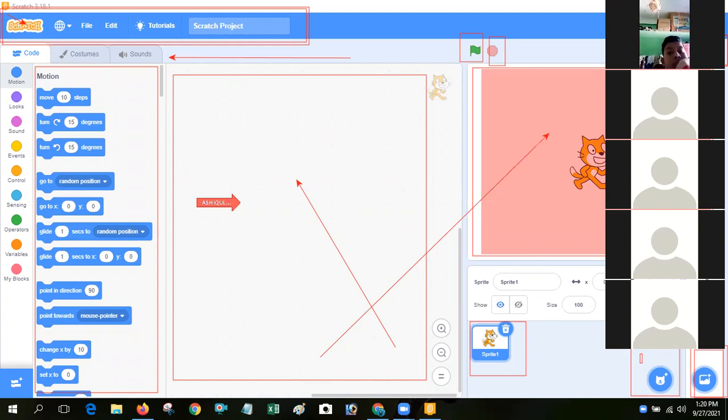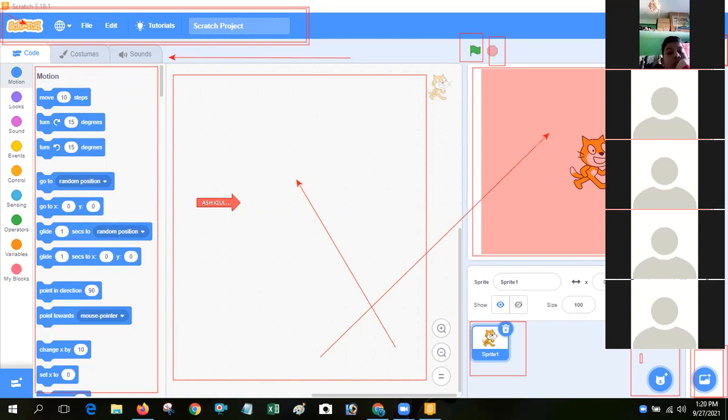That means sprite area. So the stage is the part of the Scratch window where a program can be created. It is the main working area to perform the action. When Scratch starts, an orange cat appears in the middle of the stage. This is the sprite that moves and interacts with the other sprites on the stage.